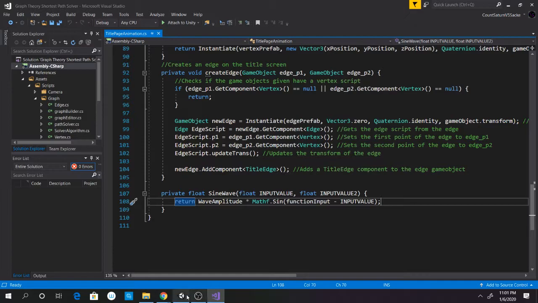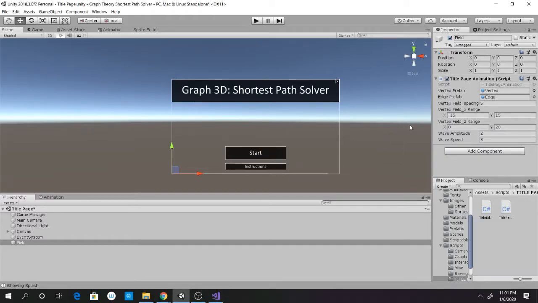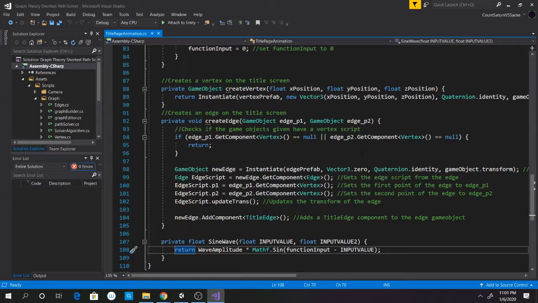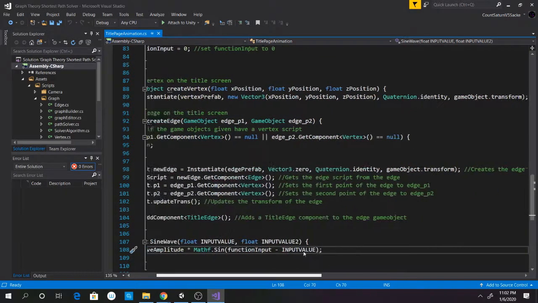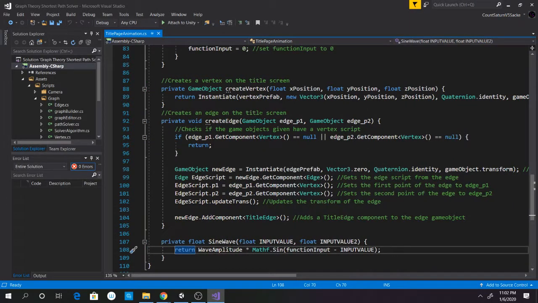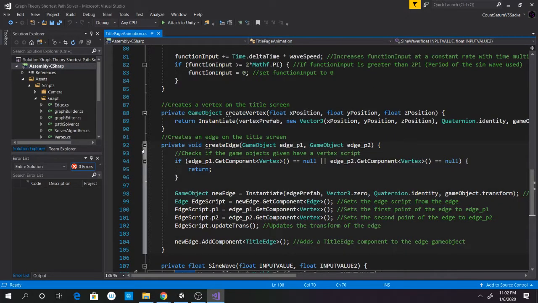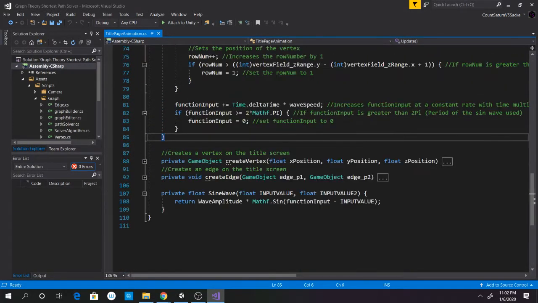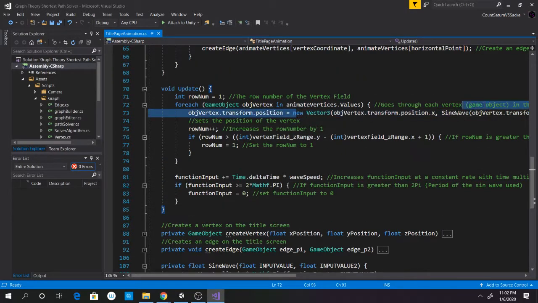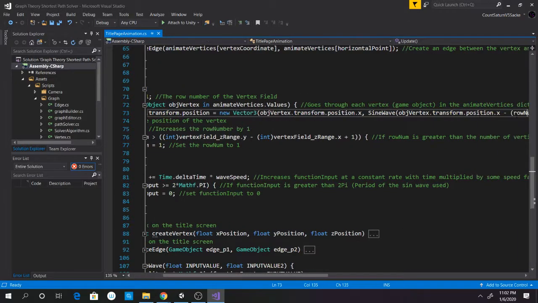Now here's the thing. I plan to not have it go across from left to right as shown here. I actually plan on it to instead go across from the bottom to the top. So that's how I plan to make it wave in a sense. But I need to remember how exactly I determined these functions. So here we have the object transform position, and we determine its height by using this